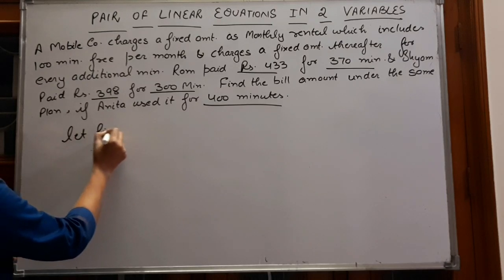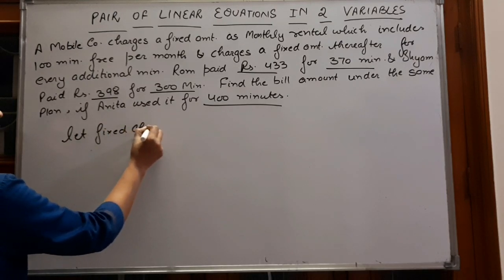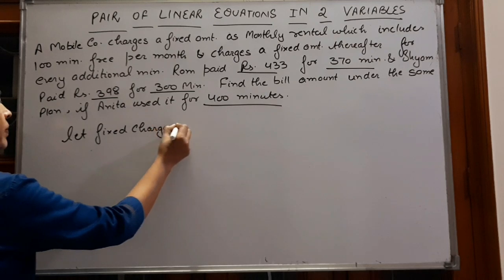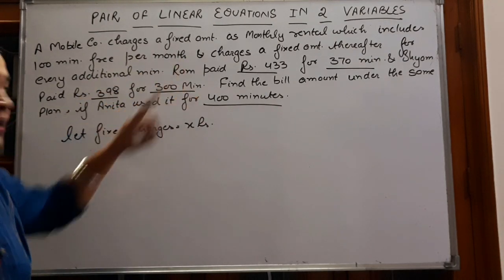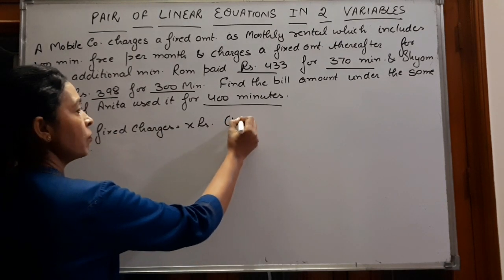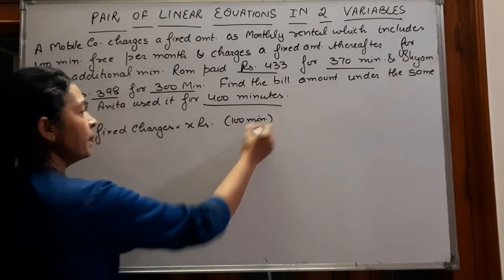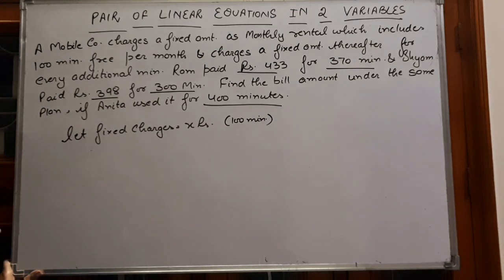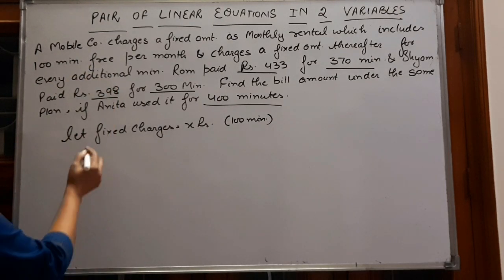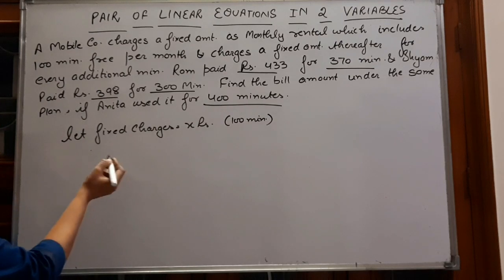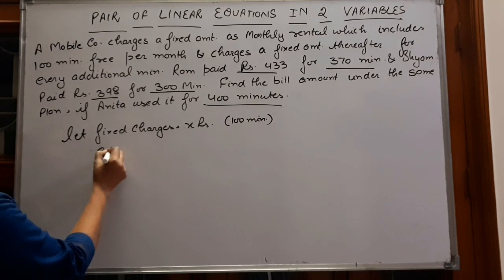Let fixed charges be X rupees. This is for 100 minutes. 100 minutes are free. For 100 minutes, mobile company is charging X rupees, which are fixed. If you use for 50 minutes only, then also you have to pay X rupees. For further use, they will charge additional charges